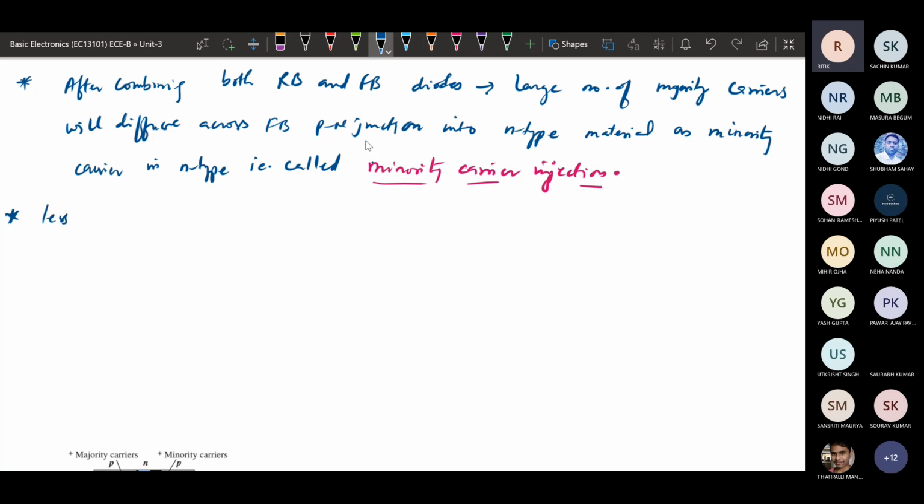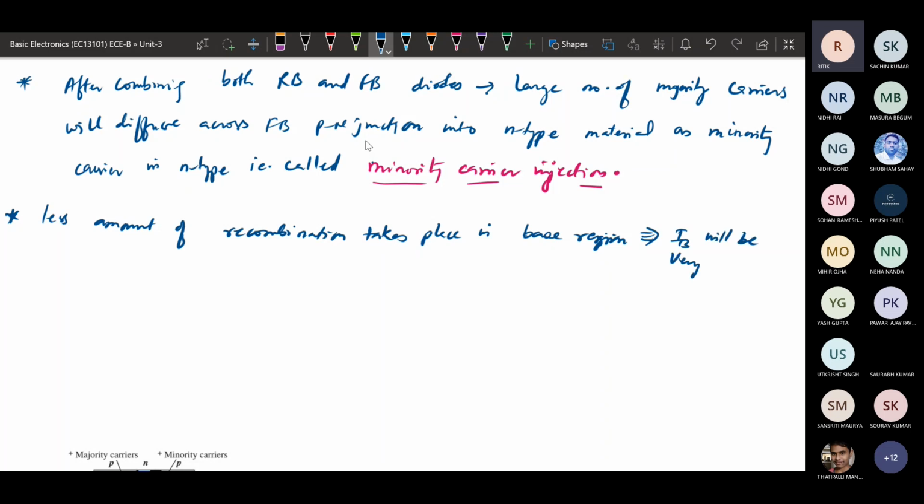So less recombination takes place in the base region, which means the base current will be very less.